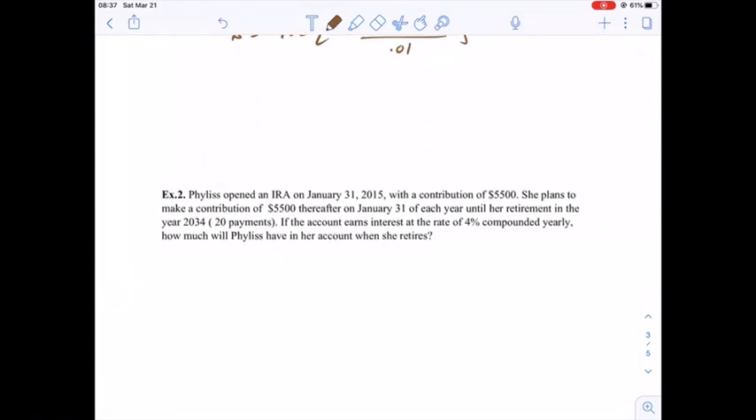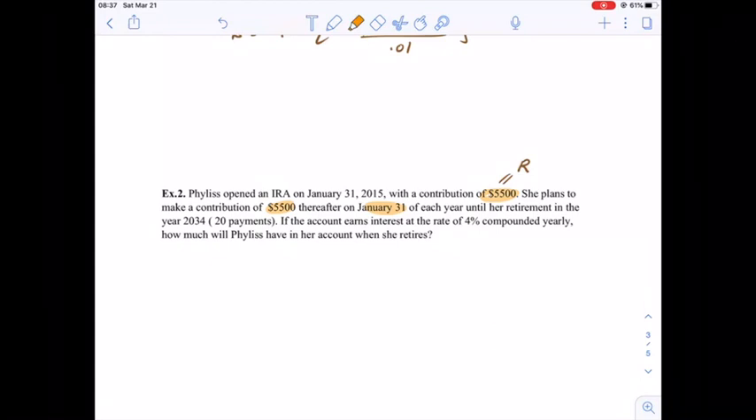Phyllis opened an IRA on January 31st, 2015 with a contribution of $5,500. This is R, and she plans to make a contribution of this amount thereafter on January 31st of each year, so at the end of each period, until her retirement in the year 2034. So we have 20 payments here. This is N. The account earns interest at the rate of 4%